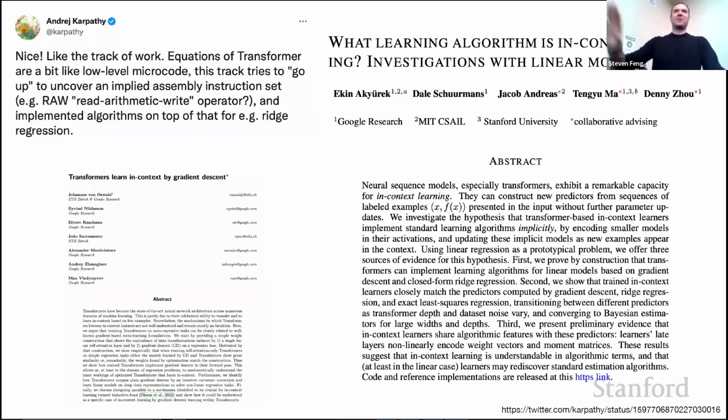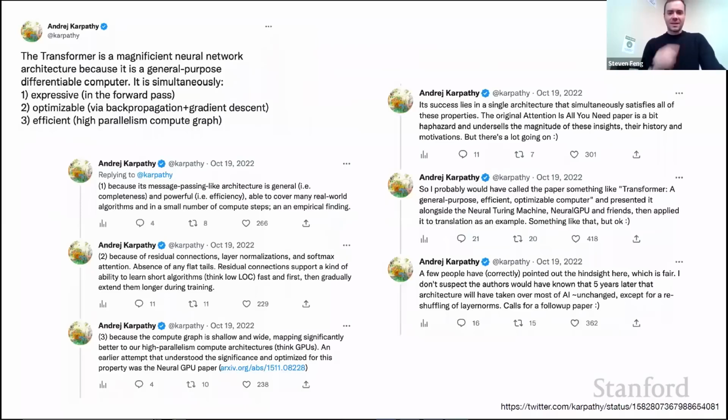So much more hand wavy, but basically some papers trying to hint at why that could be potentially possible. And then I have a bunch of tweets I just copy pasted here in the end. This was kind of meant for general consumption, so they're a bit more high level and hypey a little bit. But I'm talking about why this architecture is so interesting and why potentially it became so popular.